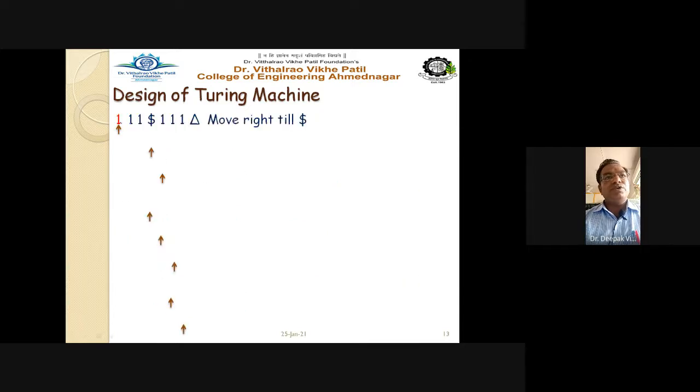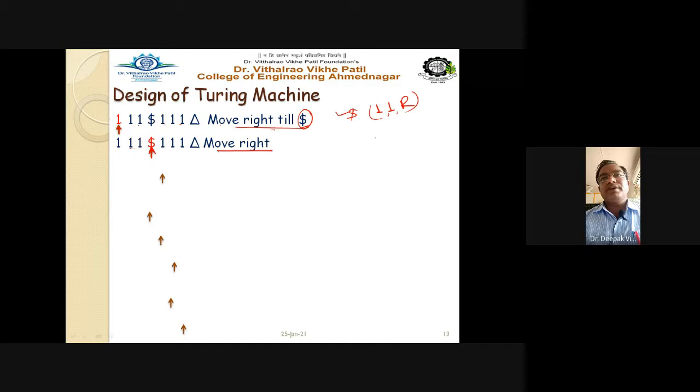Take the first string, 1 1 1, and the next also 1 1 1. Move right till the dollar symbol. The first logic: input is 1, output is 1. No operation is to be done, and we move to the right. This is the first transition we write here. The pointer is pointing to the one symbol here, that's why it is marked red. The operation is to move right until we get the dollar symbol. So we get here at the dollar symbol. The pointer skips the ones in between with no operations, directly pointing to the dollar sign. Now we have to move to the right.